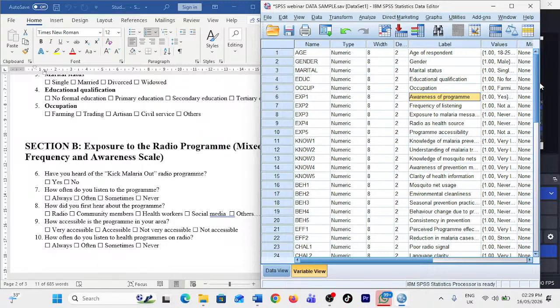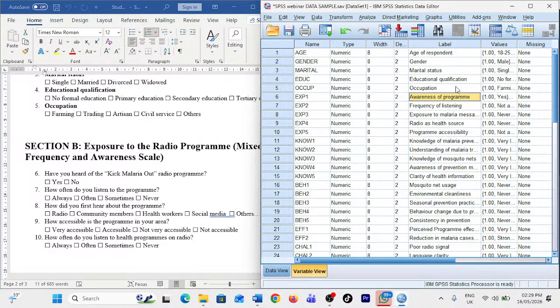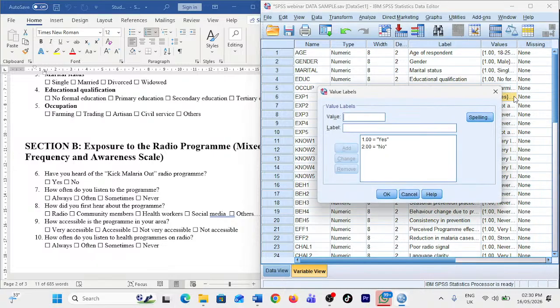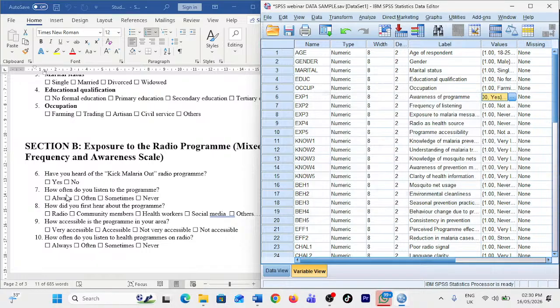Right, I want to check whether the respondents of the study are actually aware of the program. I mean, that they know of the program. Then I type yes or no. That is the response here. Yes or no. Right? Then okay. Then how often do you listen to the program? Then I have